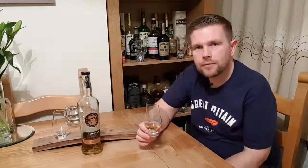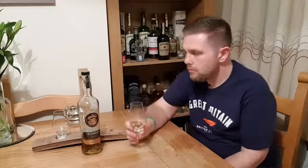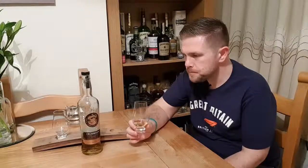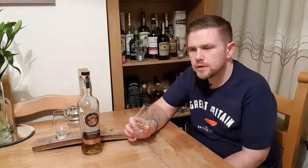It's quite sweet and light when it first hits the tongue, but that peat turns into a strong medicinal, very much like hospitals, but it is sweet and it's creamy. Yeah, I get a bit of buttery caramel, sort of almost like Werther's Originals. There's quite a cereal sort of